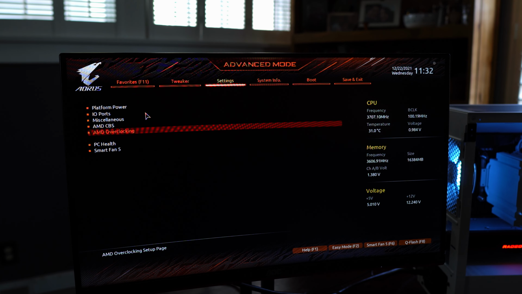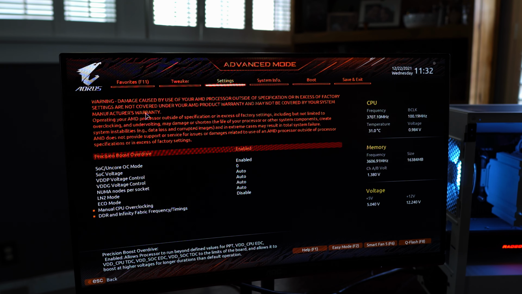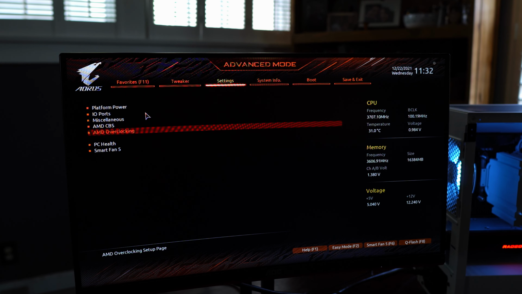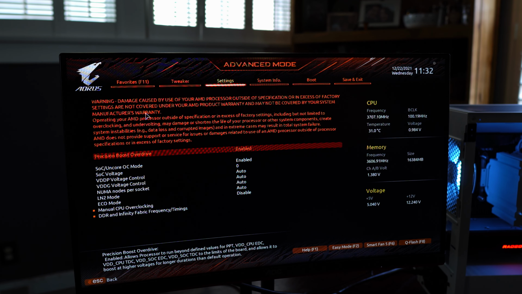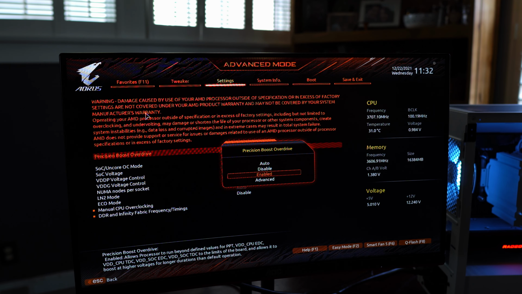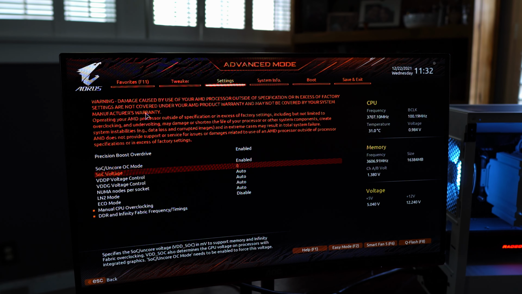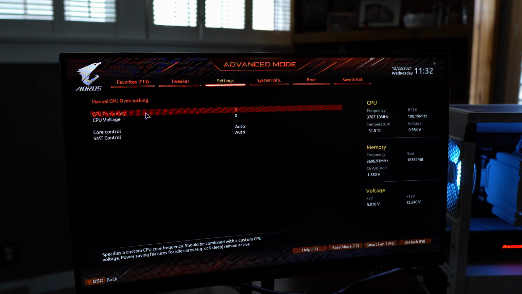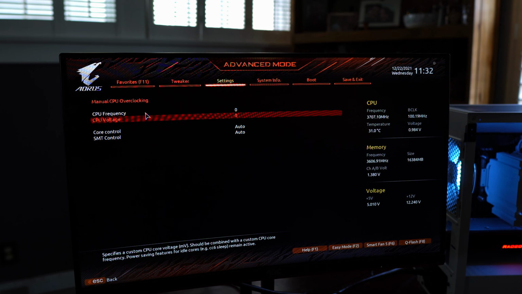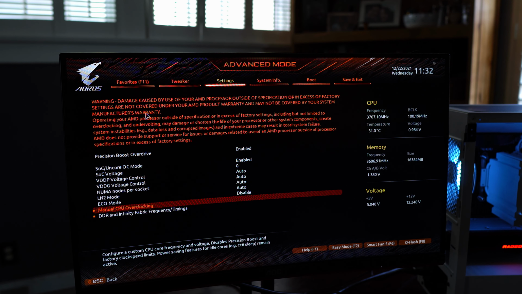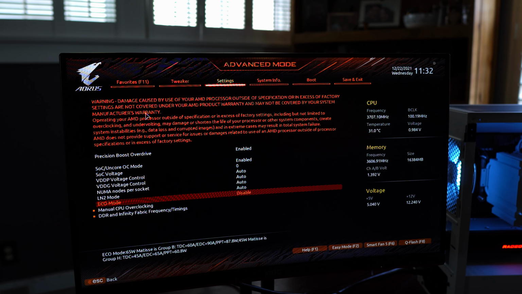Now, for PBO2, you want to go there. So let me go back here. AMD overclocking, Precision Boost Overdrive, I already have it enabled. It starts off at auto, I just tap it to enabled, and then I don't really do anything else. You can do some manual CPU overclocking if you want, and you can actually do, where was it? Was it here? You can set up some curves to make sure that you're actually undervolting your,